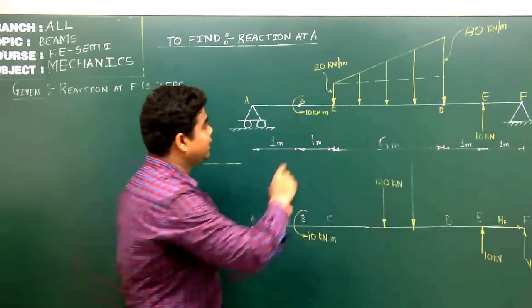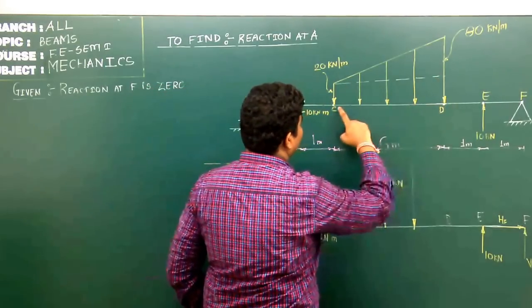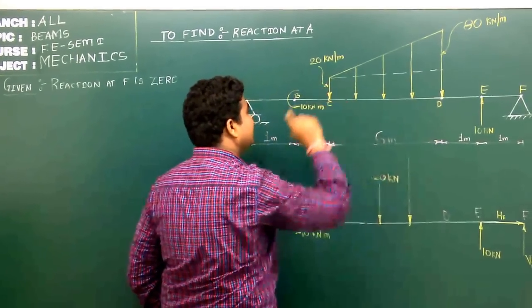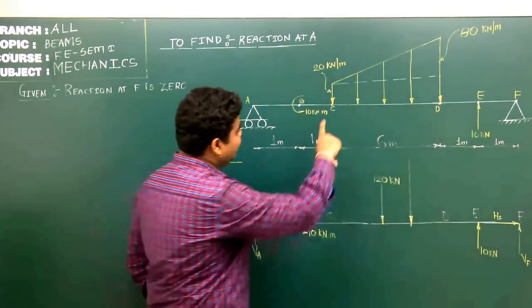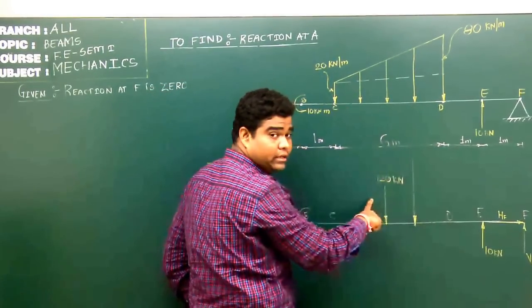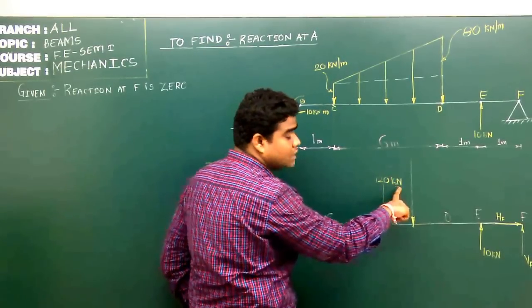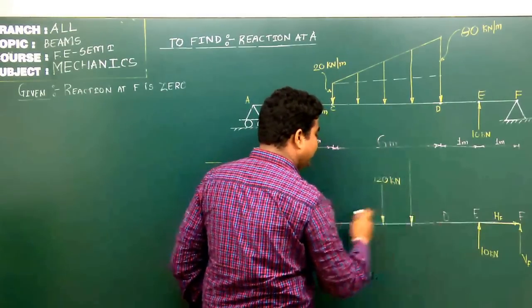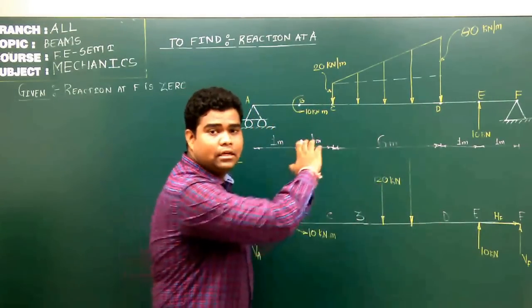If I consider the rectangular part first, the base is 6 meters and the intensity is 20, so it will act exactly at the center. 6 into 20 is 120. The unit of force is kilonewton. So this will act exactly at the middle, that is 3 meters from both ends, C as well as